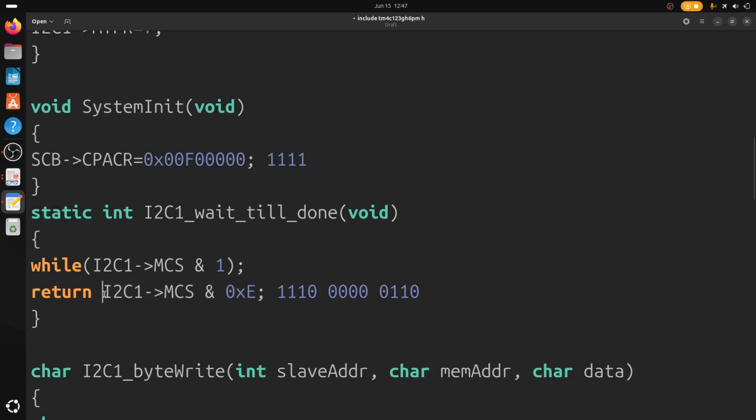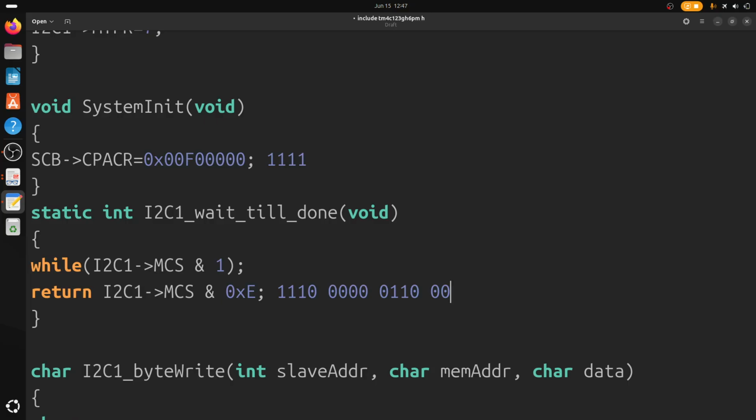And so here we are checking: data is transmitting, the bus is busy, so the busy bit is one. And here we are checking if the address data sent so far is acknowledged or not. If acknowledged, then the bit will be 0. The address acknowledgement bit is not checked here, as we are transmitting only data, and then if data is acknowledged,